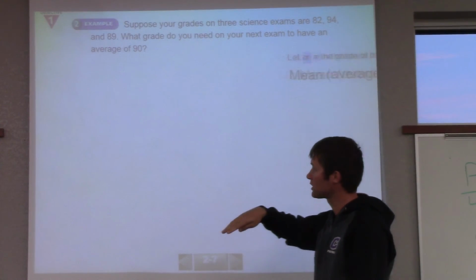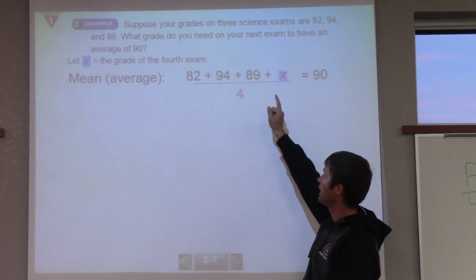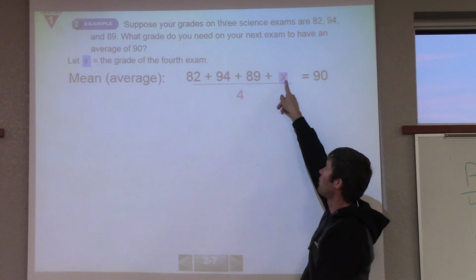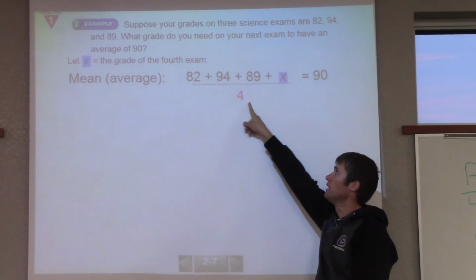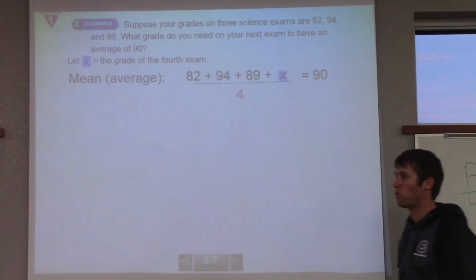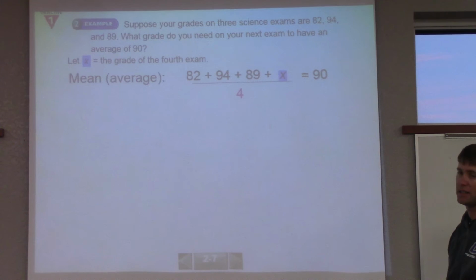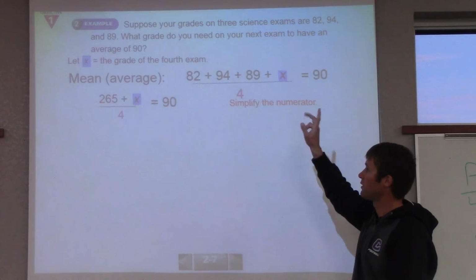So we add those together: 82, 94, 89, plus 1 more. I don't know what it's going to be, so we just put an x in there. Divide by how many tests there are: 1, 2, 3, 4 tests. What we want is a 90, so we set it equal to 90. So add up 82, 94, and 89 gives me